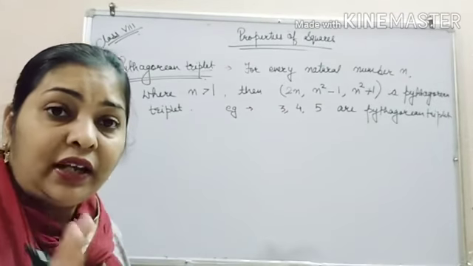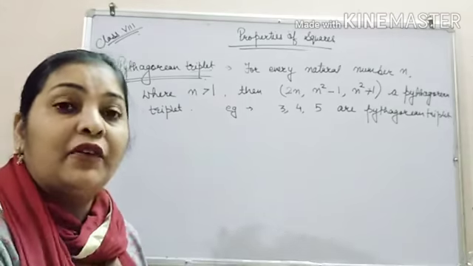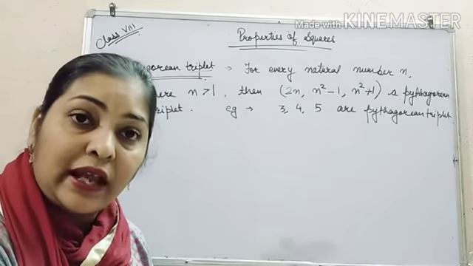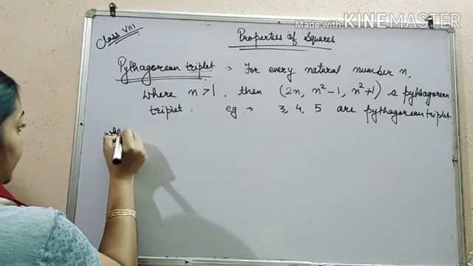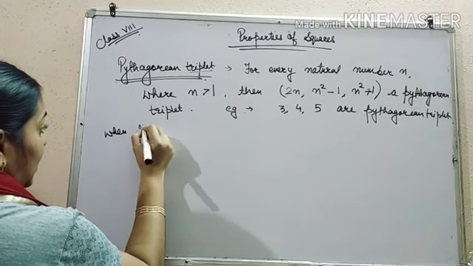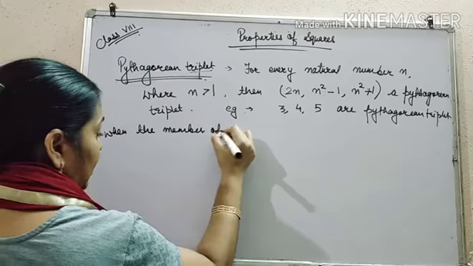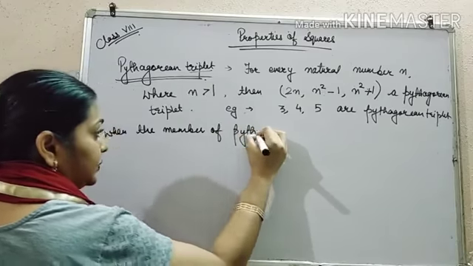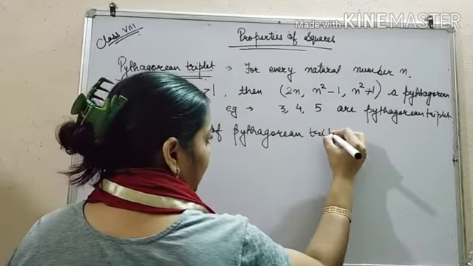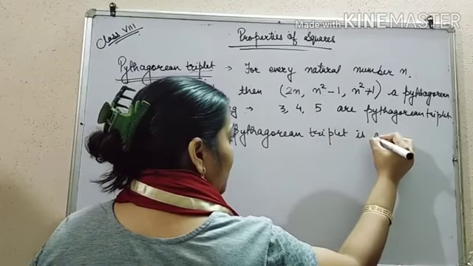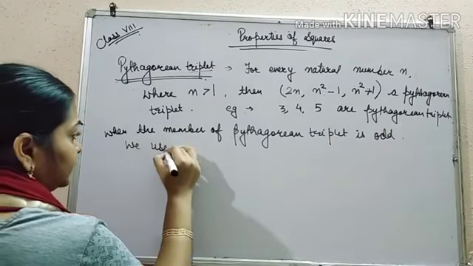So I will tell you two formulas to find Pythagorean triplet when n is even or n is odd. Okay, when the member of the Pythagorean triplet